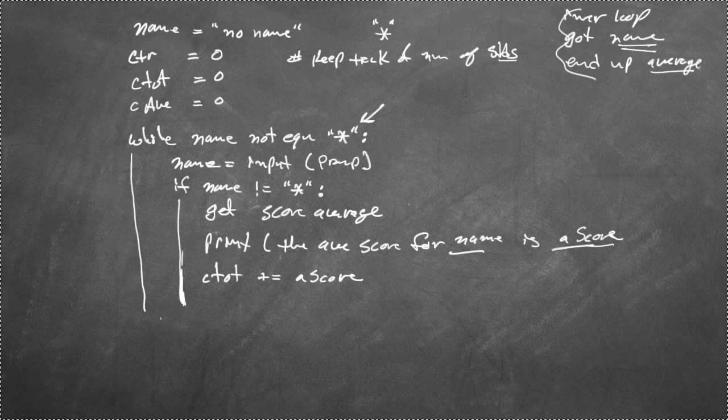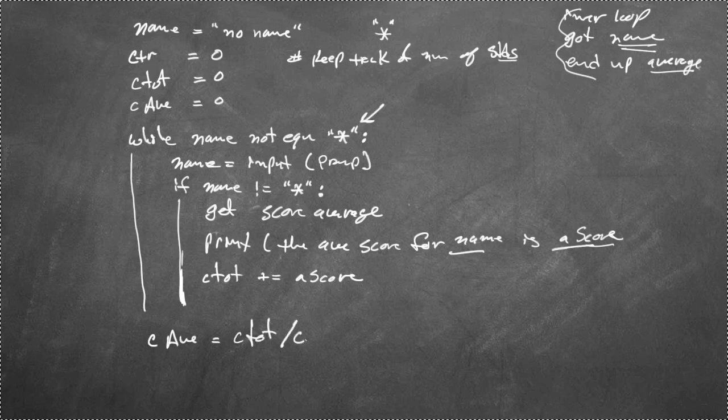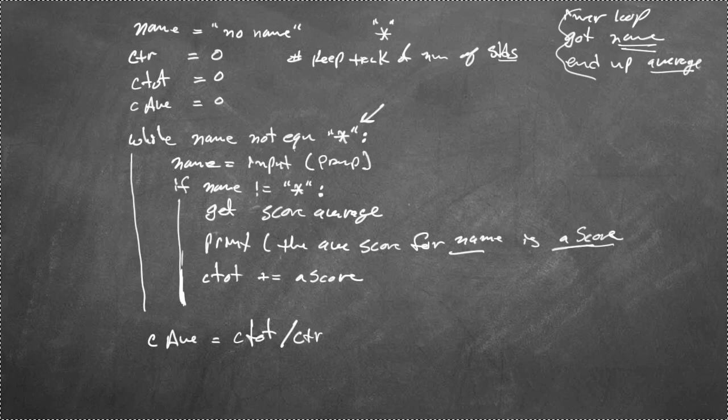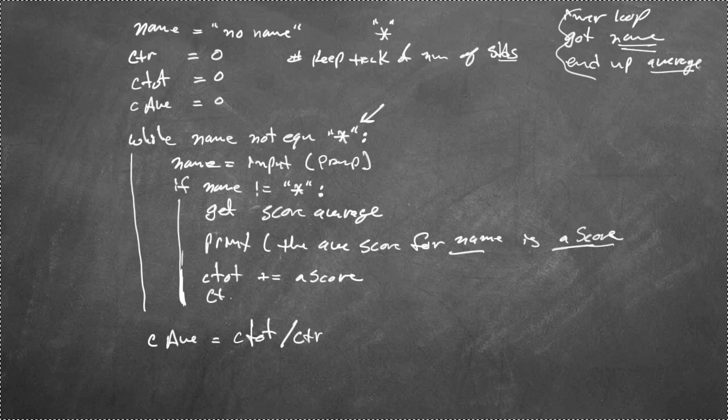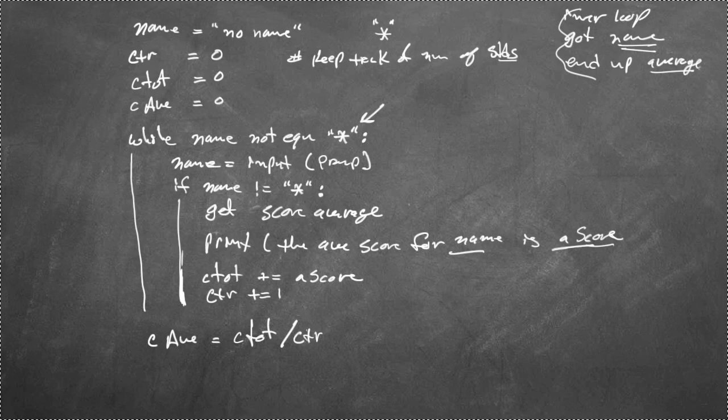We are ready to take advantage of this total score and calculate our average, right? So I'm going to come down here and I'm going to say C average is going to be equal to C total divided by the counter, right? Now, some of you guys probably noticed I never bothered to update the counter. Because of the way we wrote the code, though, this is really easy to do, because right here I can say CTR plus equals 1. And now it is updated. So there's the average, and now I can print class average